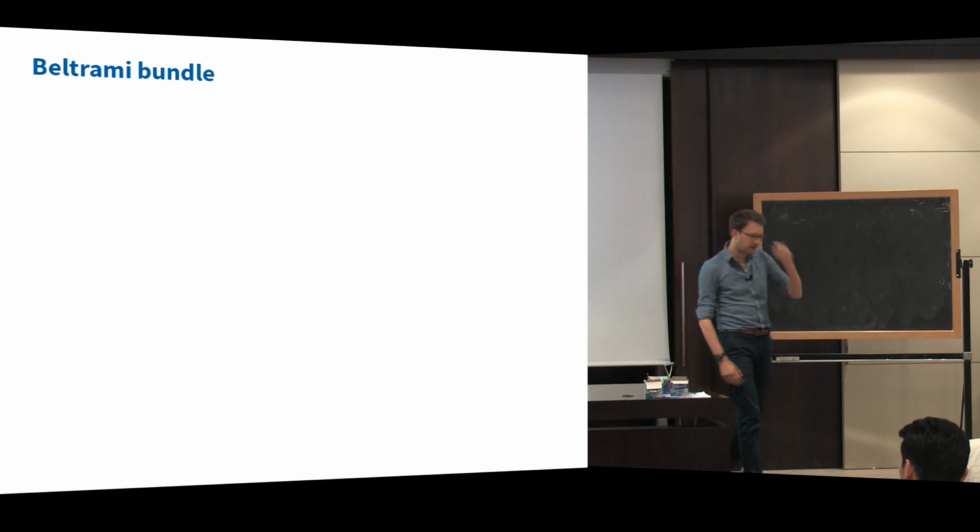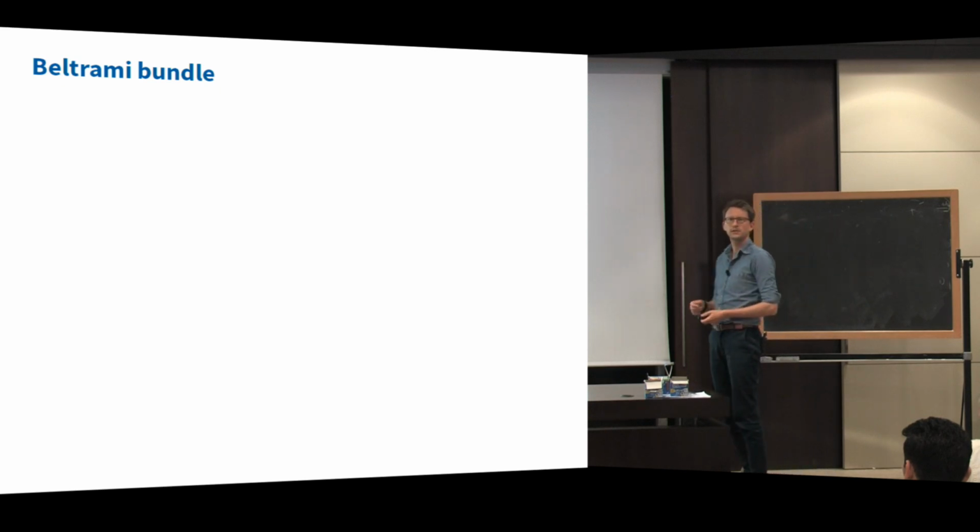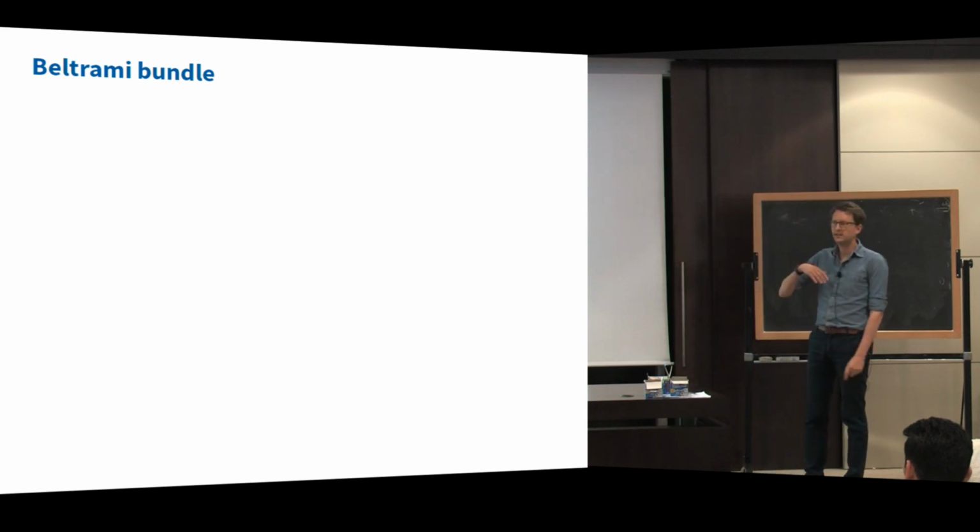Okay. But in our case, I just fixed some complex structure and described the new one relative to the given one. But we don't have a given one, right? That was an artificial choice. So the Beltrami differential is a relative object. It describes a complex structure relative to a given one. You could ask, is there a notion of an absolute Beltrami differential? It doesn't require any initial choices.